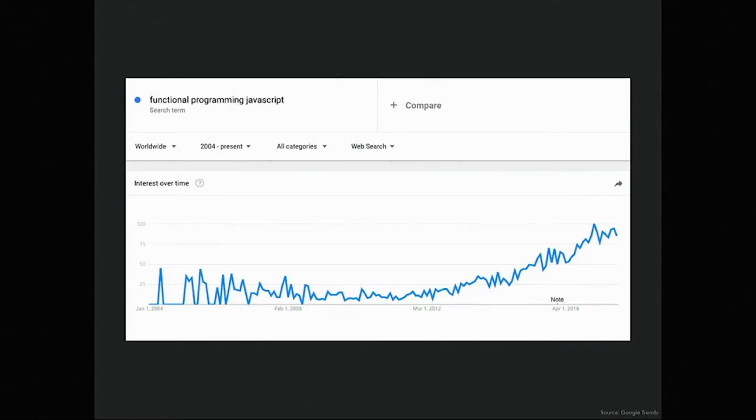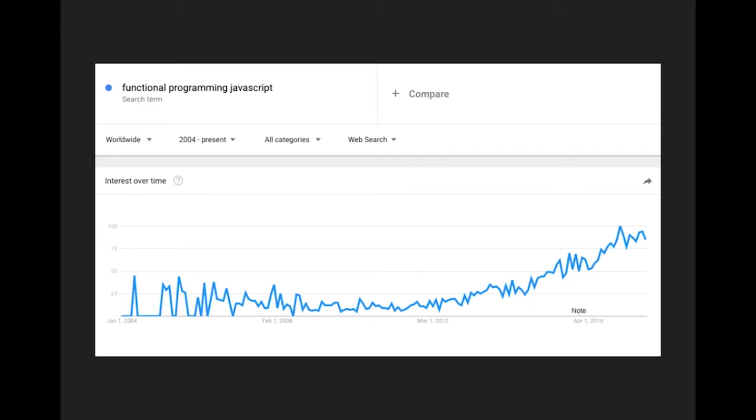But this is changing. And it's changing partially because of JavaScript. So functional programming is getting more and more popular. It's getting traction. And as I said, it's in part because of JavaScript.